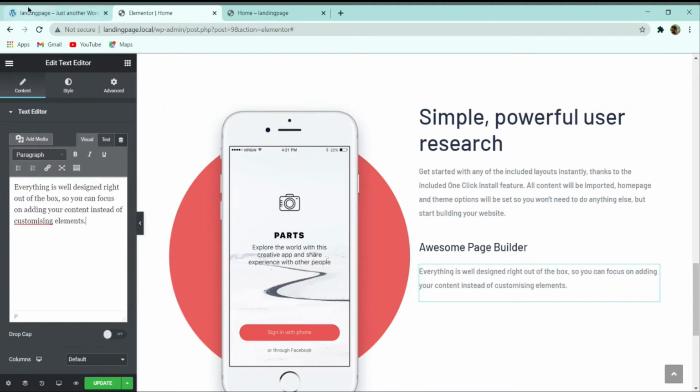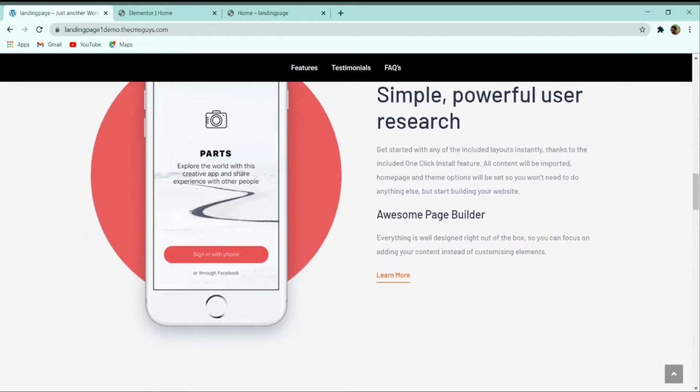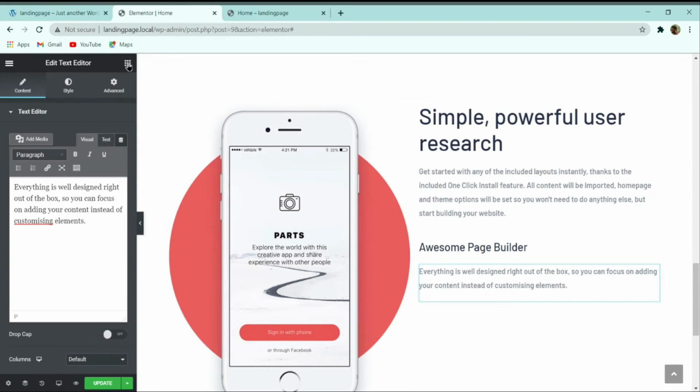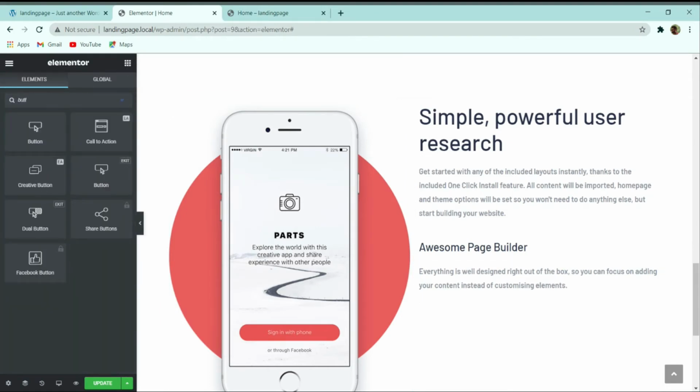So now you can see that we have created the section exactly, and only this button is left. So now let's start creating the button. To create this button, I will click on this nine dot again, and here I will search for button. Here you can see that we can use this simple button.